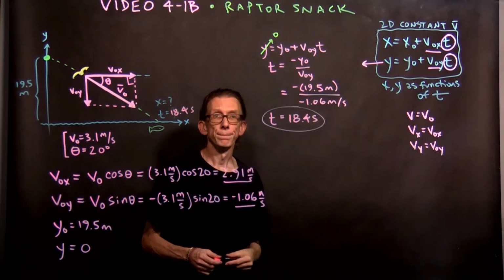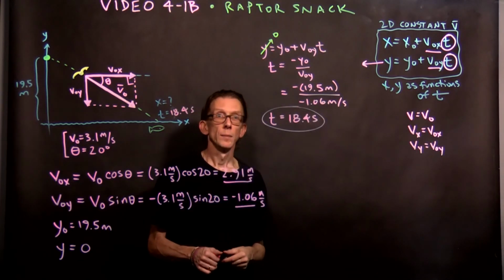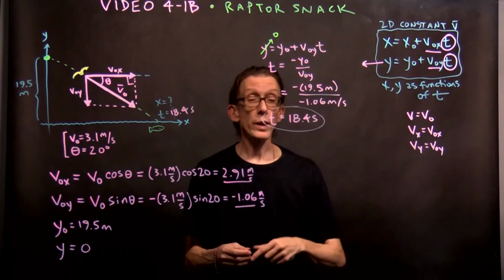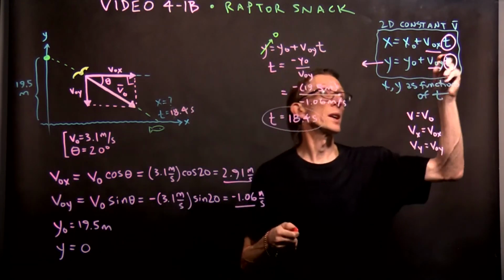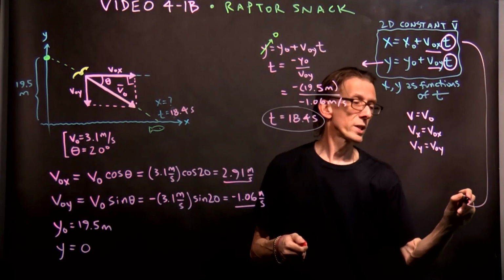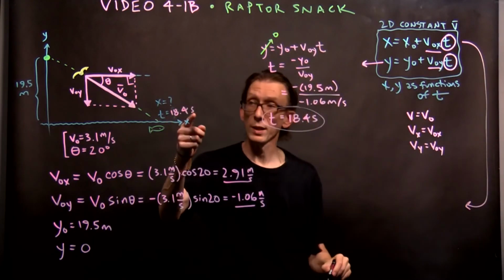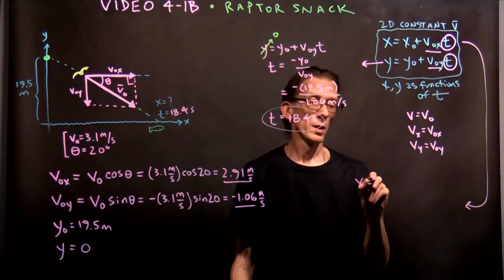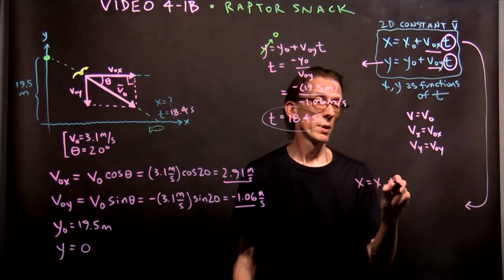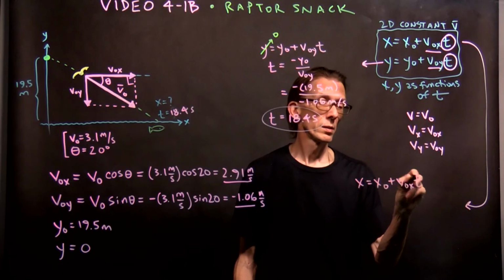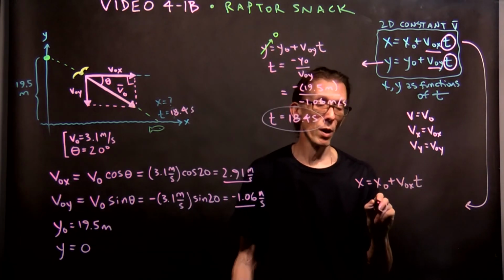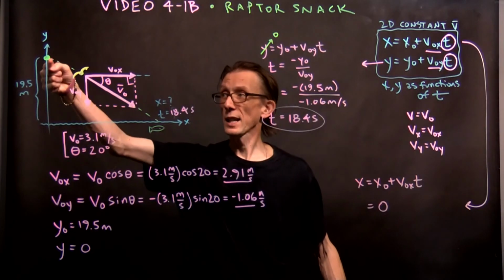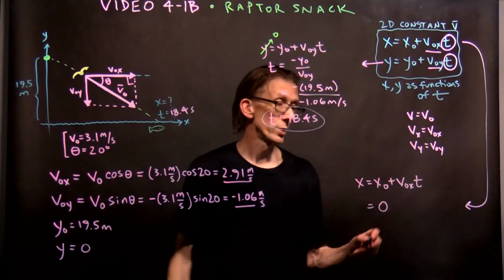Now we know the time. The second question was, what is x? Well, we can use this for the second part of the question. We got the time, now we need x. X, well, here it is. X equals x naught plus V naught x t. X naught is 0. It starts off at 19.5 meters high, but the x position is 0. So 0